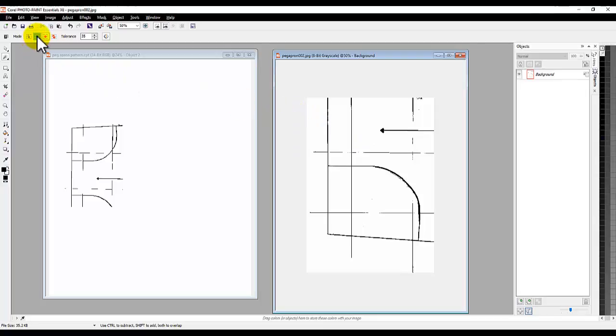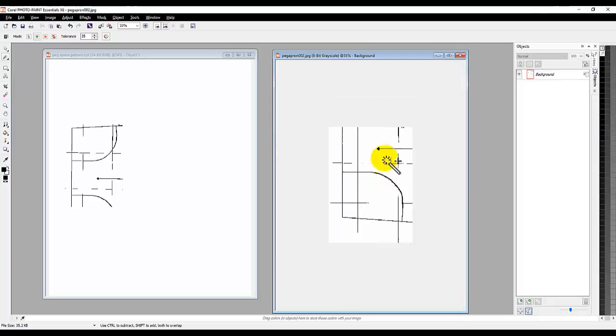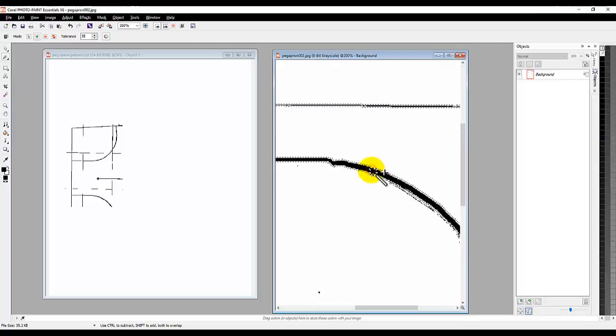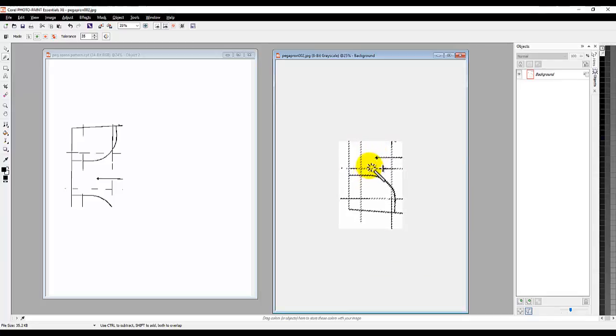So you need to have something selected first, or just stay in additive mode and zoom in, or let's zoom out and just see if I can select one part. Well, imagine I wanted to keep that part and I wanted to add some more, so I can just keep clicking on more bits and they will add to the selection. So that's one way if you can't get the tolerance to work. I'll just undo mask wand and undo mask wand and undo mask wand to get back. Because I've got my tolerance quite well selected, it does select everything, so I'm doing that. So I've got that selected, then I can just come up again and copy,